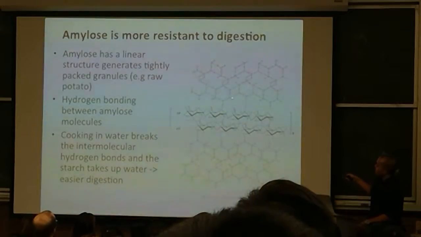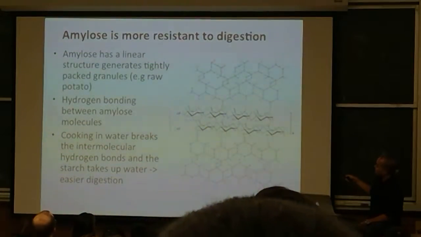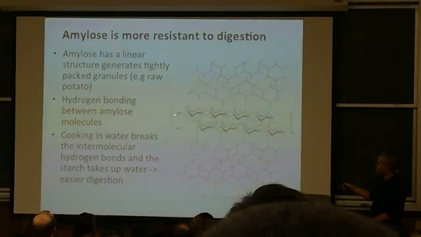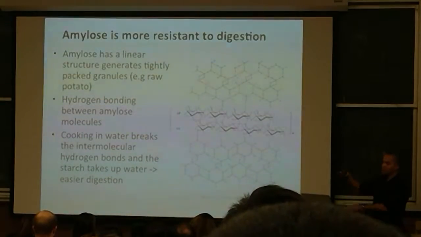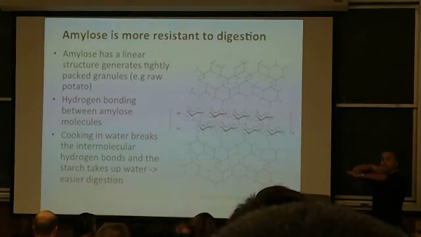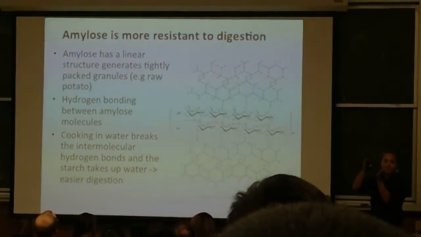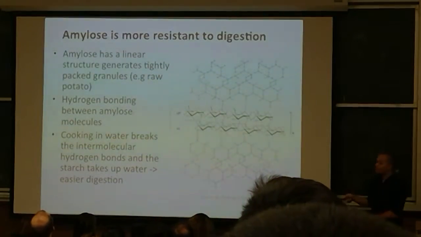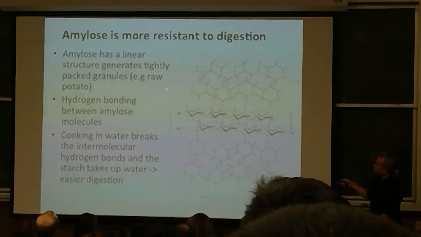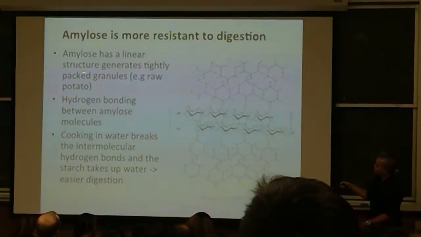That's what's shown up here. You can see that with our H2Os. So these would be two segments of amylose, and then they're layering in on top of each other in these packed hydrogen bonded structures. Okay? And so raw potatoes are a really good example in which we get these tightly